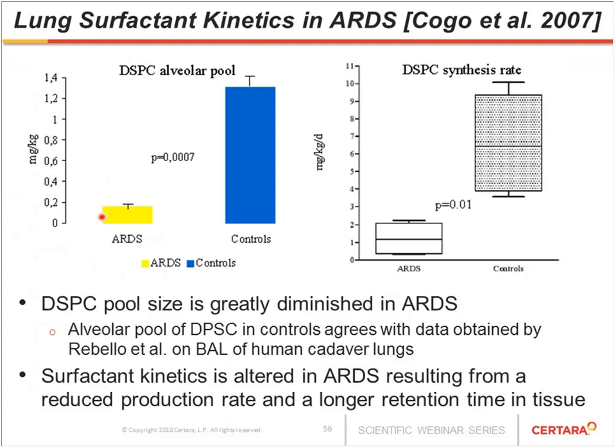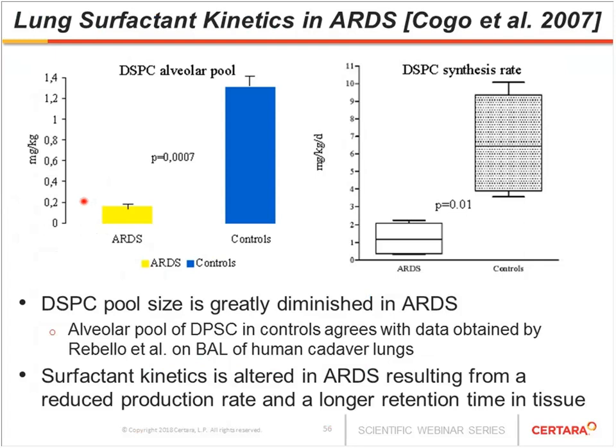yes, so basically here we could see they saw indeed that obviously there was significant differences in the pool size in ARDS patients in yellow versus control, which makes sense based on what is known about the disease. So it was expected that they would have a lower amount of surfactant in their lungs, this particular patient population. Now, is that absolute amount really reflecting that which we might find in reality? And they found there was some indirect evidence that that was indeed the case, and they looked at publications where